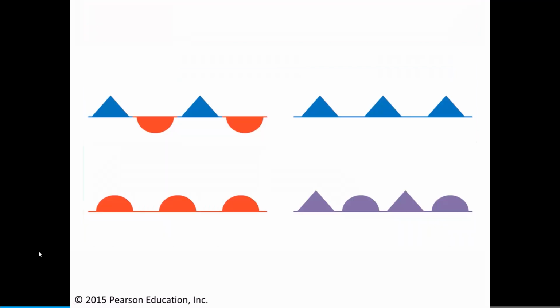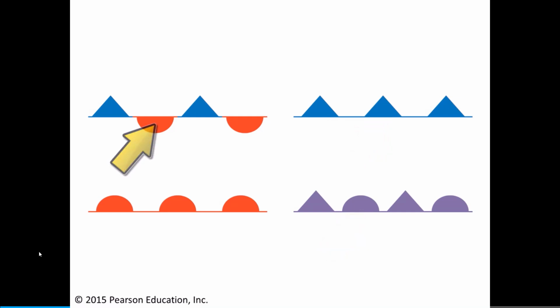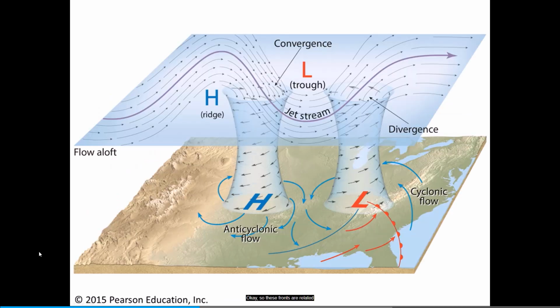We have different symbols for the different kinds of fronts. Warm fronts are the red half circles, and the cold fronts are the bluish triangles or points. An occluded front is the purple pattern that you see there, and a stationary front is that mixture of red and blue. Okay, so these fronts are related to larger scale systems called mid-latitude cyclones, and this is a low